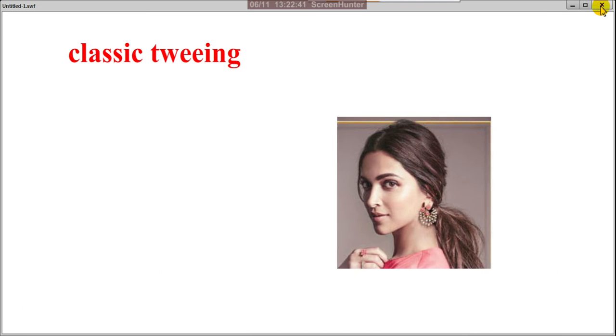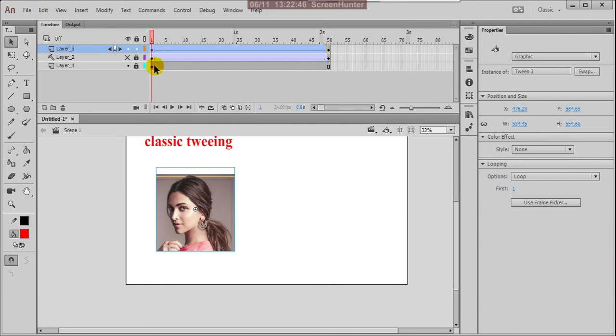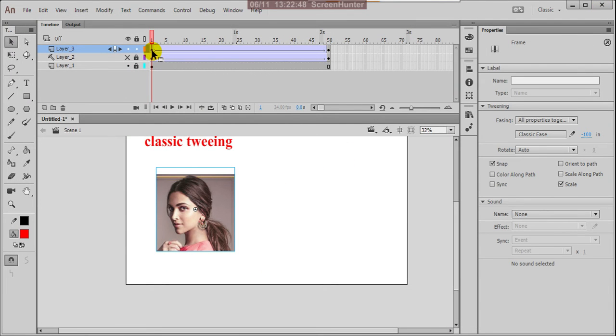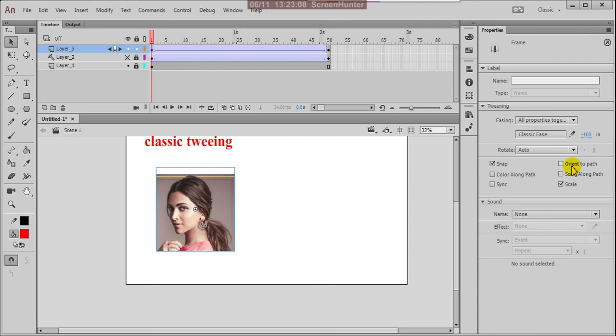Okay, this is nice. Yes, in the same way you can make it bigger and smaller also. Suppose here I want clockwise rotations.